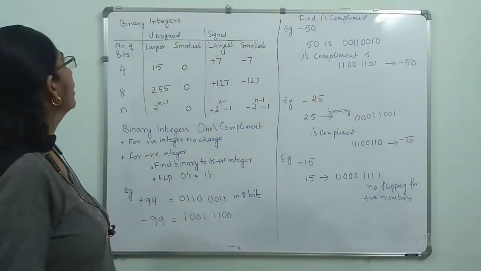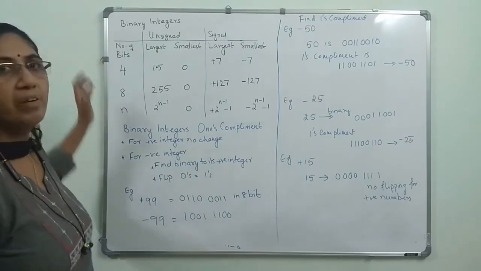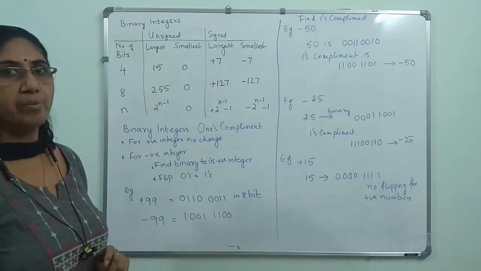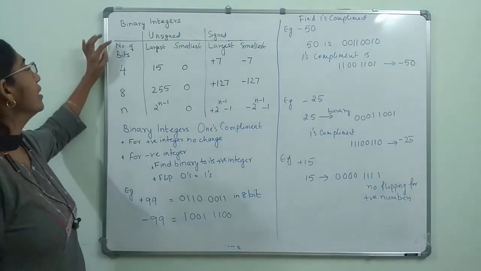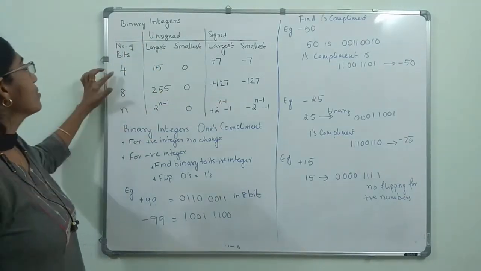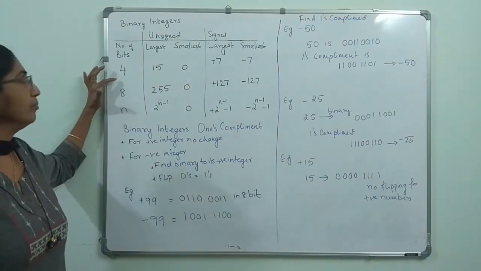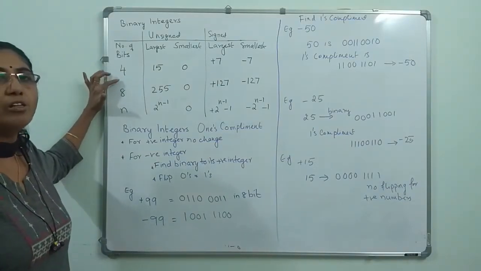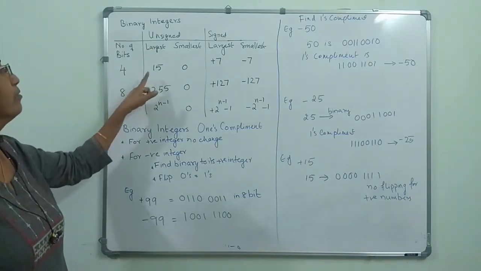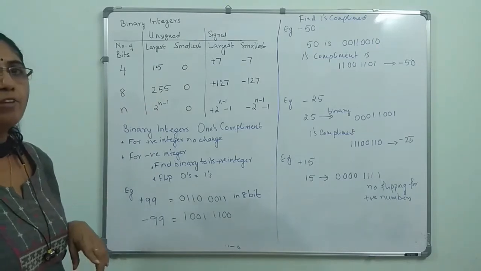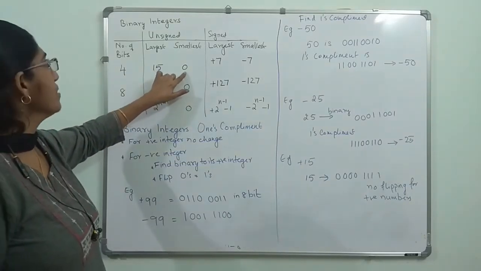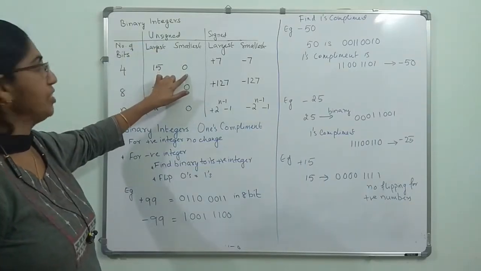So now let us look at what is the largest number and smallest number we can represent in the same number of bits in the signed and unsigned representation. So you can see here, this is corresponding to unsigned, this is corresponding to signed. Suppose you are taking a 4-bit representation. In the unsigned case, you can use all the 4 bits to represent the number. So the largest number will be 1111. What is 1111? Its value is 15. And what is the smallest number? Smallest number is 0, because you are using the unsigned representation.